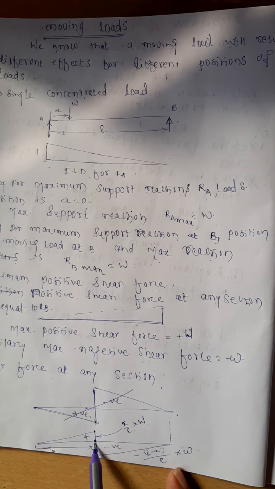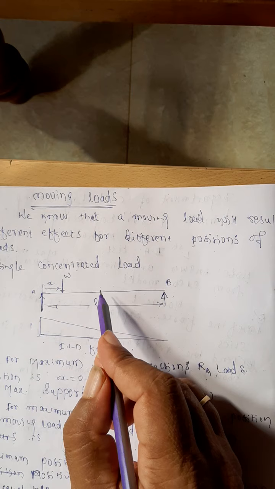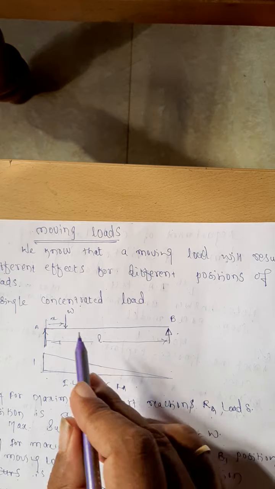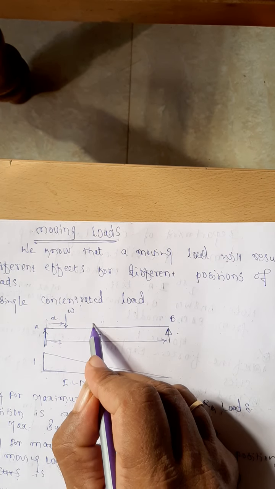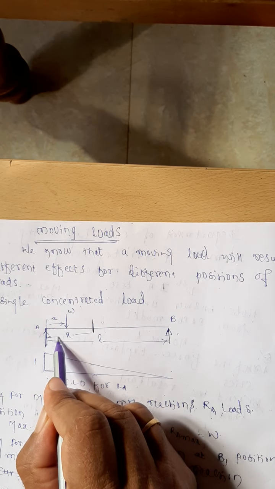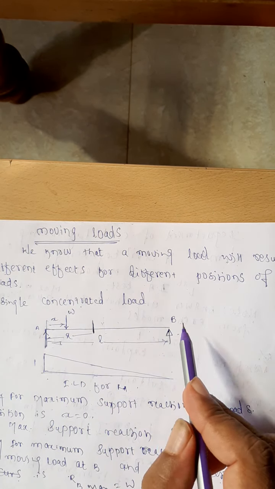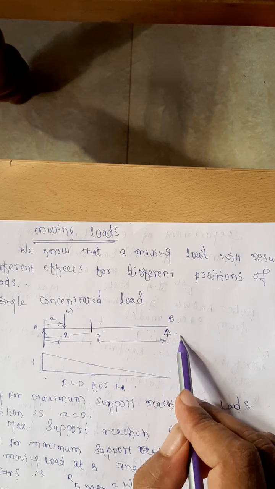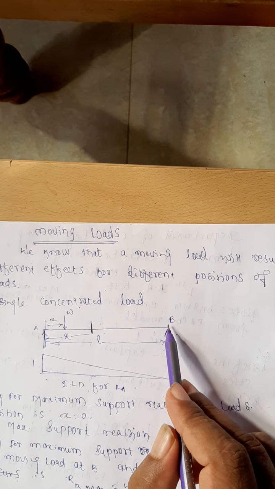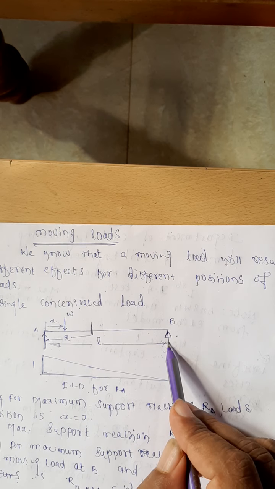At any distance x. When the load is in this particular part, if you want the shear force, let me clear it here only. Is it alright? This is the beam. If you want the shear force at this particular point, which is at a distance of x from one of the ends, how are you constructing the SF? When the unit load is on this side, the value of RB itself is the shear force. Therefore, in this location, the SF is given by RB.